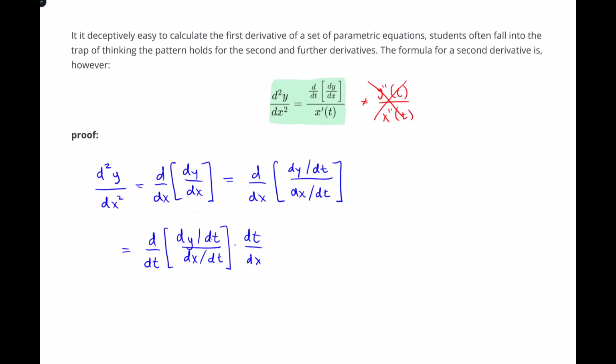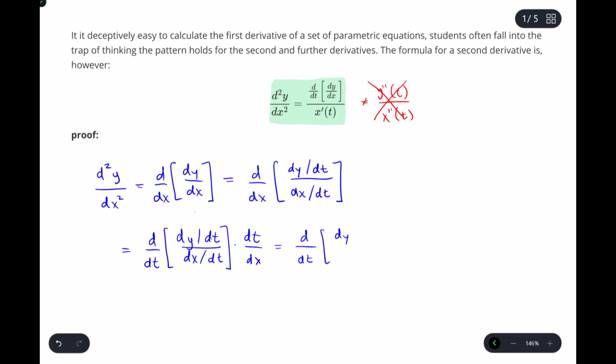Using the same reasoning from the first derivative, I can take this term dt dx, put it in the denominator by putting 1 over that value. So I'll do the same thing. It will invert it. So I essentially get d dt of dy dt over dx dt,